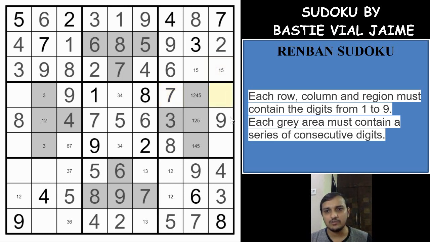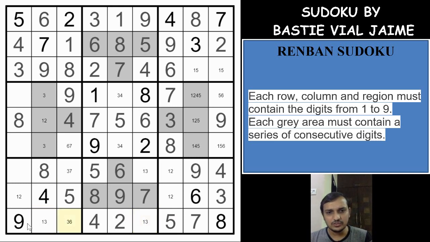And let's pencil mark 1, 5, 6 here. 1, 5 and 6. 1, 5, 6. Right? So if you see, where will 8 come in this column? You cannot have 8 here because you already have an 8 here, which gets an 8 here by the classic rules. So 1, 2, 3, 5 are pending, right, in this column. So 2, 5 is gone, which gives you 1 and 3, and the 1, 3 pair is locked.